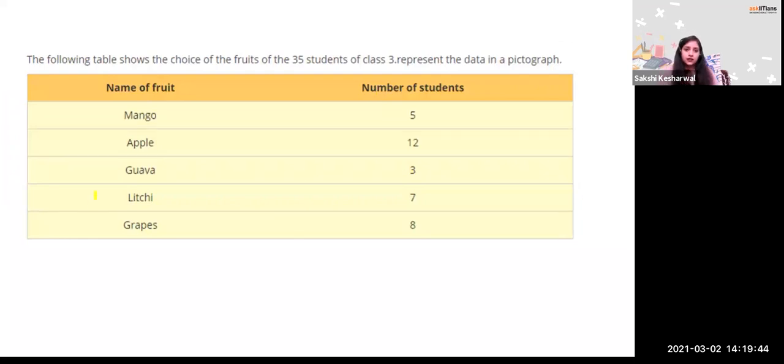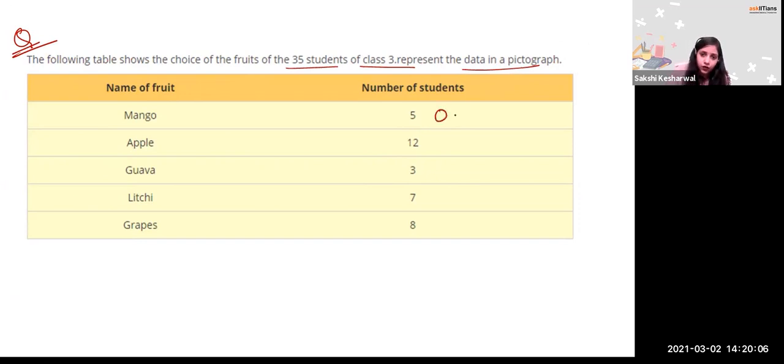So let's take an example. This is a question. The question says what, beta? The following table shows the choice of fruit of 35 students of class 3. Represent the data in the pictograph, right? So now it says fruit, so what can you draw? You can draw